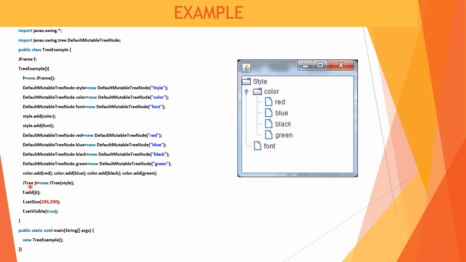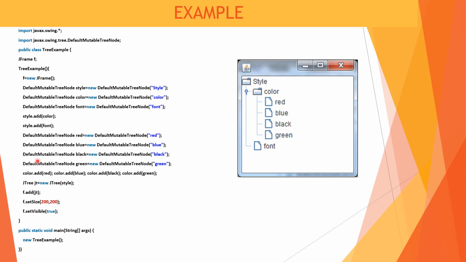Now this tree will be displayed with this statement, that is JTree jt equal to new JTree(style). So style is the root of this whole Java tree, and this will be displayed with the size 200 by 200, which we set, and setVisible is equal to true.